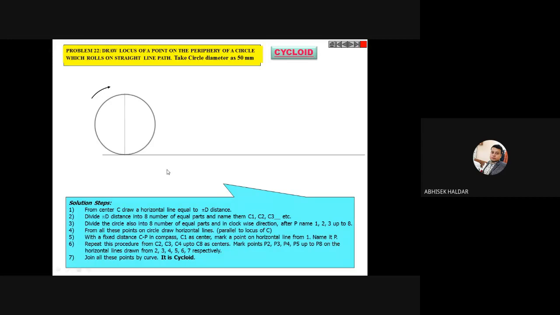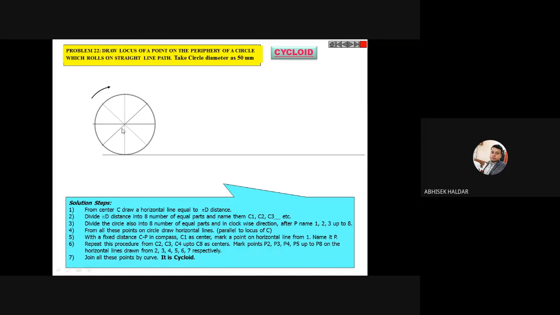Now the next step is to divide this circle into some equal number of parts. How many equal parts have been made here? 8 equal parts, you can see. You can divide into 12 equal parts also, that is up to you, but the standard is 8, not below 8. Why am I telling that? If I divide into 12 equal parts, what advantage may I get? This question may arise in your mind.